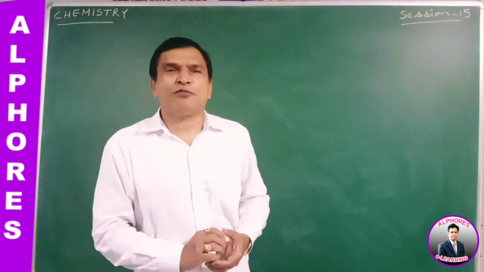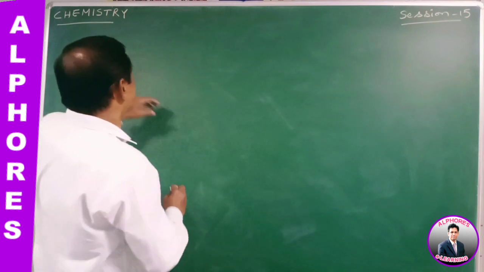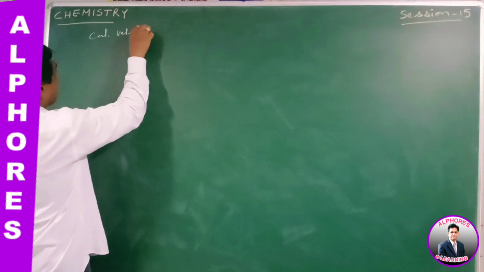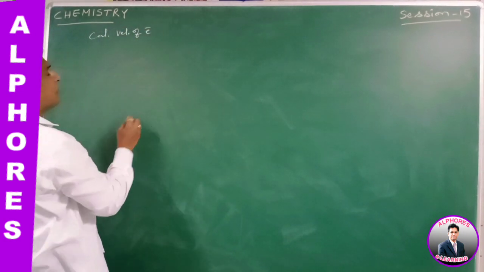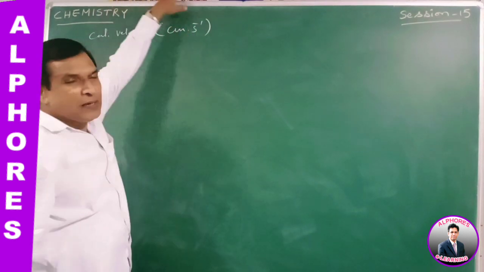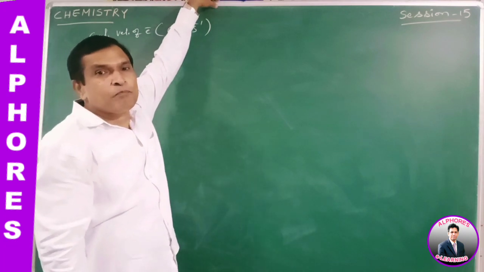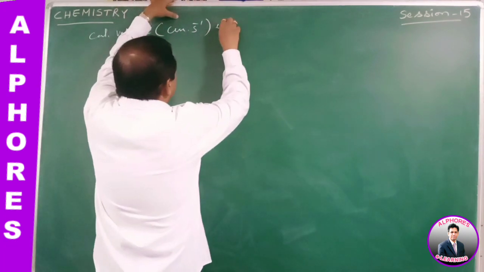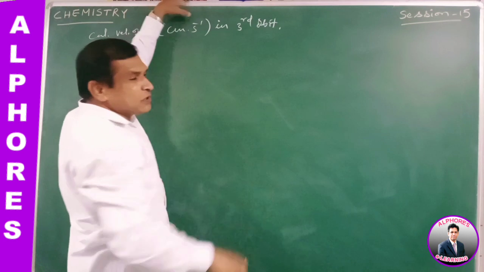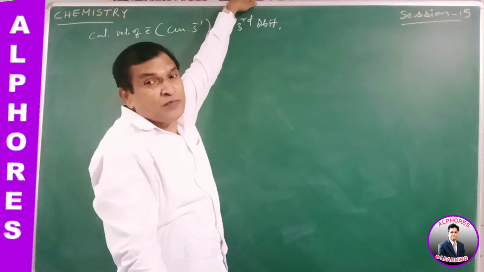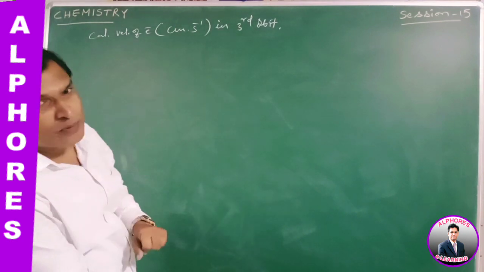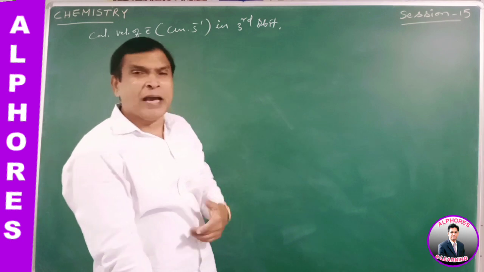Calculate the velocity of electron in centimeters per second in Bohr's third orbit of hydrogen atom. That is, we can calculate velocity of the electron in the third orbit of hydrogen atom, and also calculate